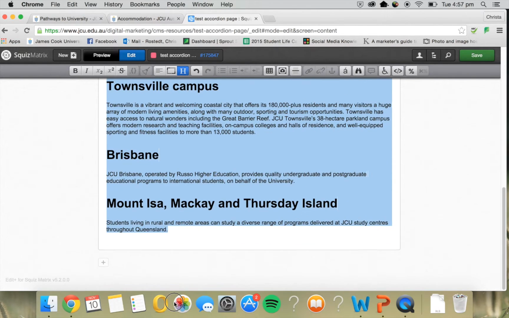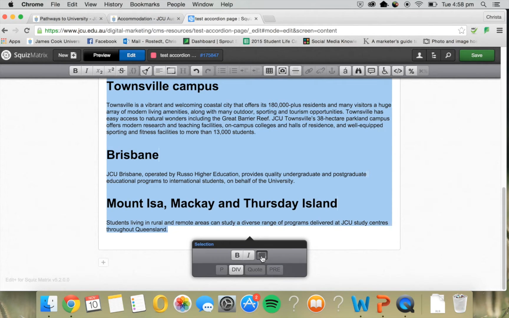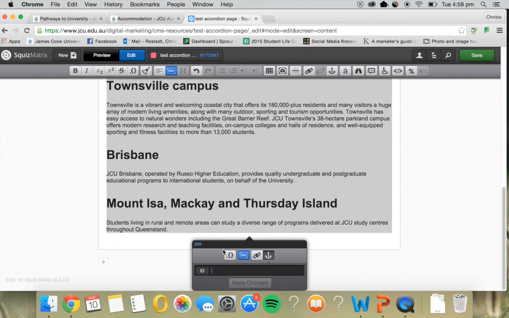So you just drag down and select all of the text, and as soon as you release the mouse, these options will appear. If you select the square icon, it allows you to nominate that section as a div section. And as soon as you do that, you'll see that this anchor option appears. You'll need to click that, type in the word accordion, which is basically a set of instructions that automatically formats the accordion. Hit apply changes,